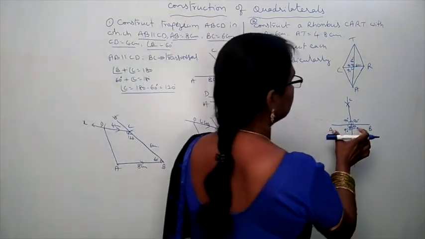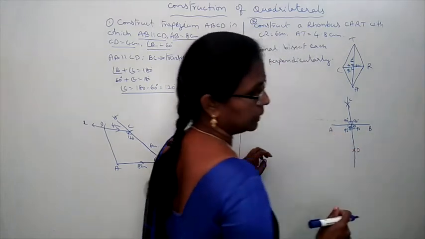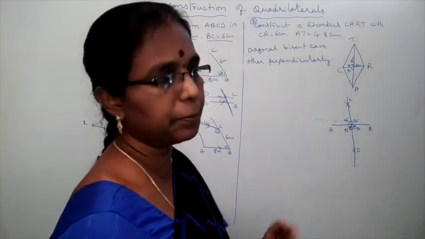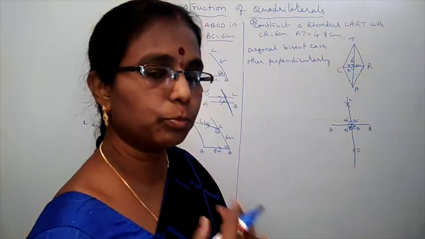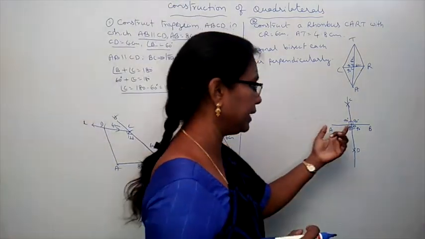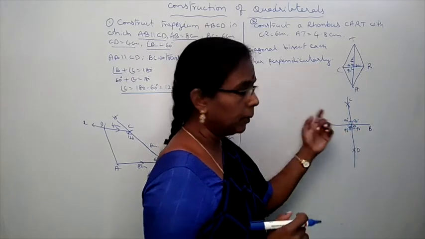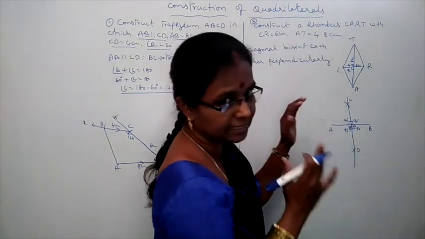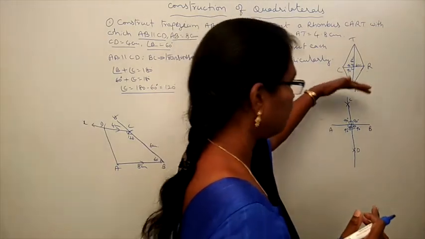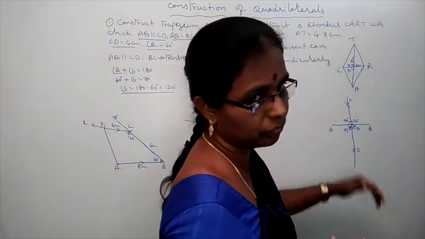First you have to draw the given line segment. Then take more than half. Suppose 6 means more than 3, 10 means more than 5, 4 means more than 2. You have to take some radius more than half and with the center A, draw 2 arcs on either side of the line segment. Means up one arc, down also one arc.